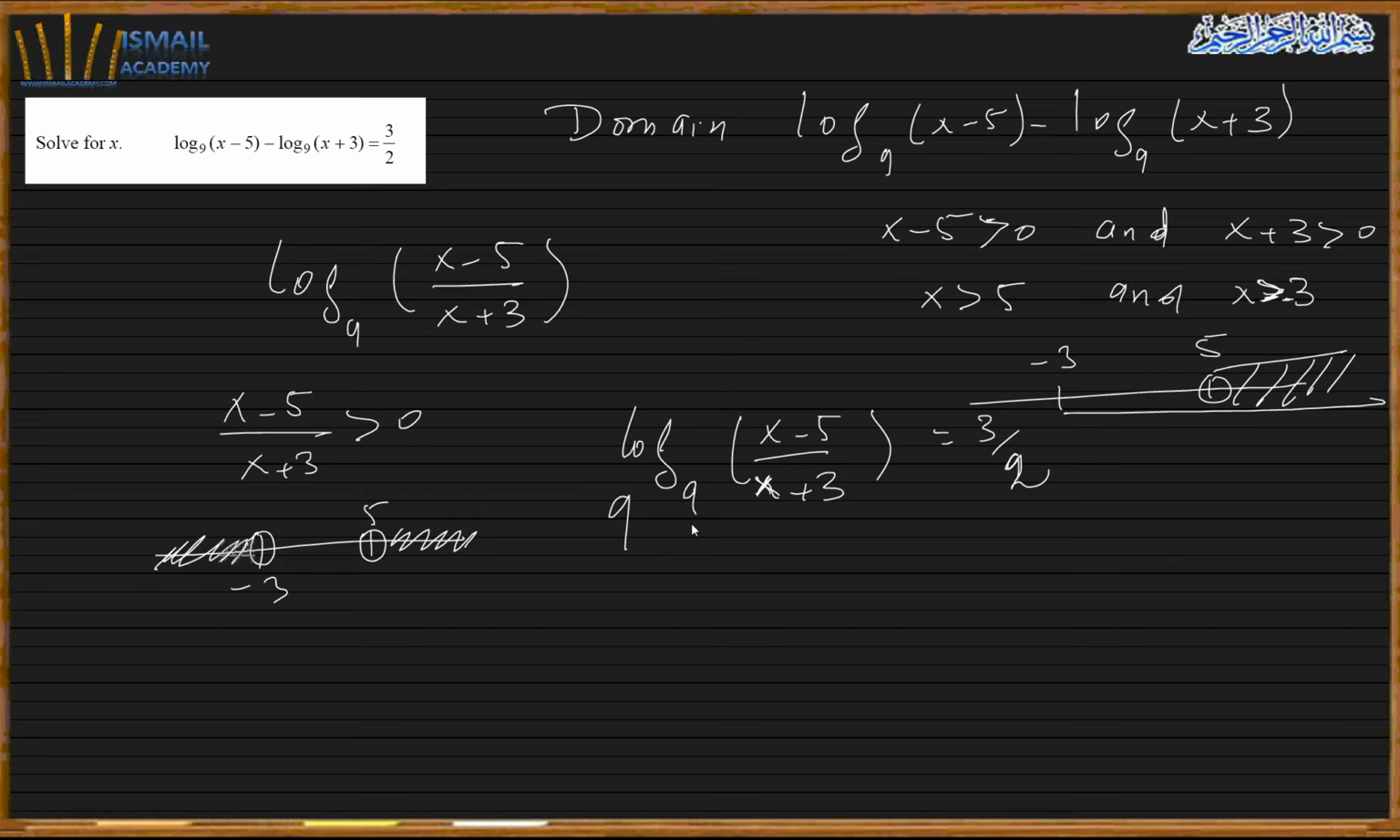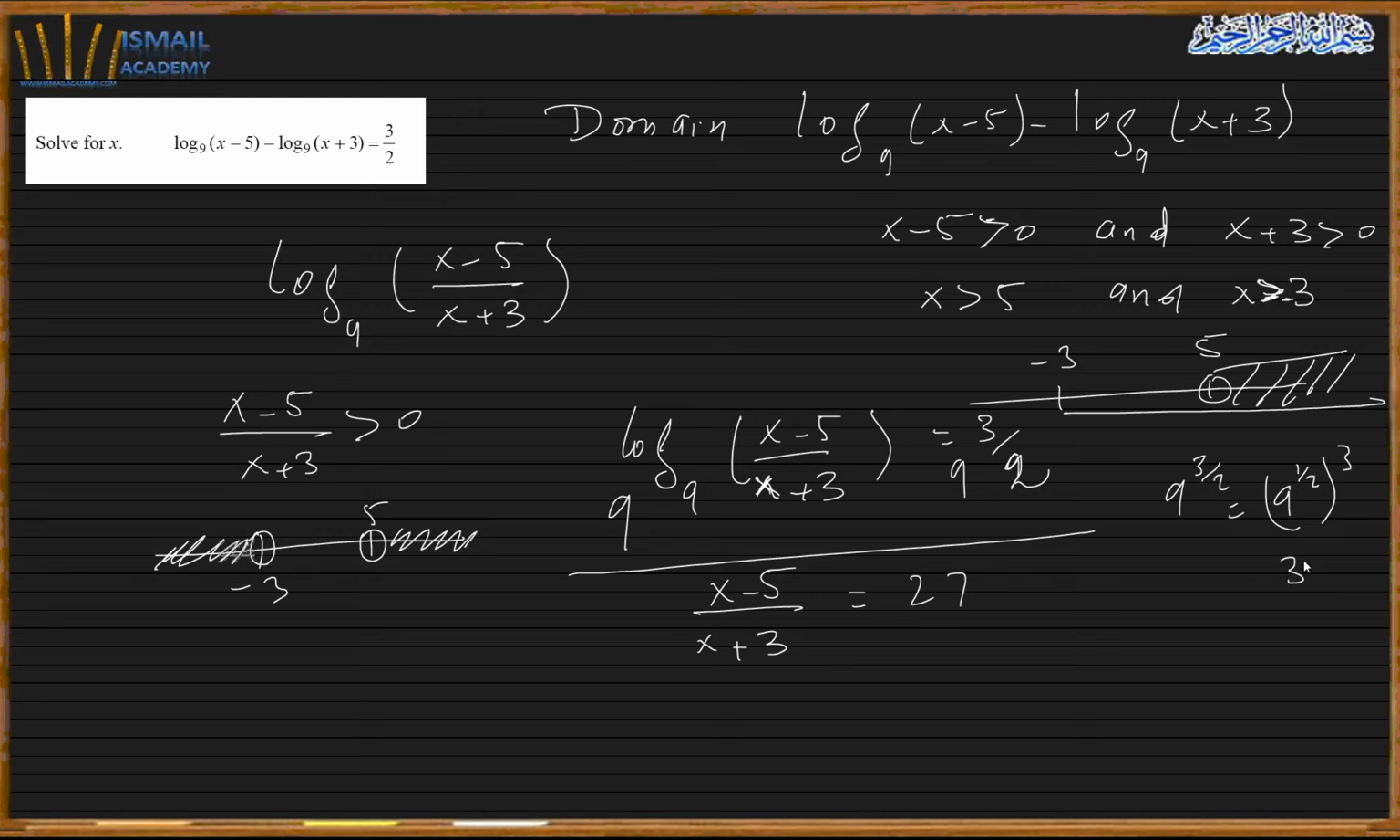So now I'm going to raise both sides to the power 9. So I got (x minus 5) over (x plus 3) equal 9 to the 3/2, which is 3 to the cube, which is 27, because 9 to the 3/2 is the same thing as 9 to the half, cubed. So this is going to be 3 cubed, which is 27, and as you see here we cross multiply, get x minus 5 equal 27x